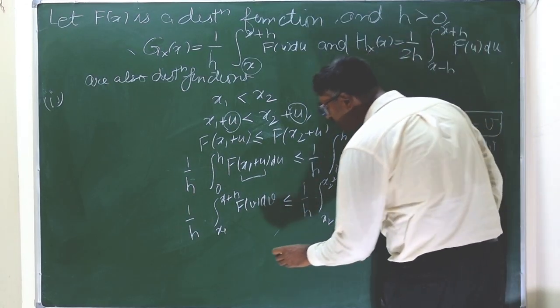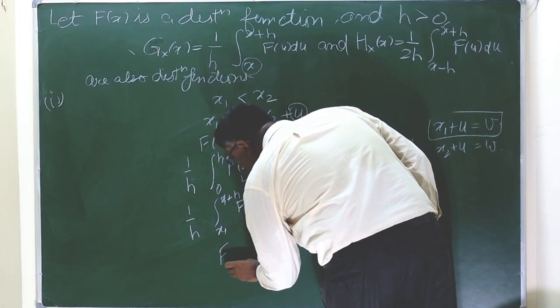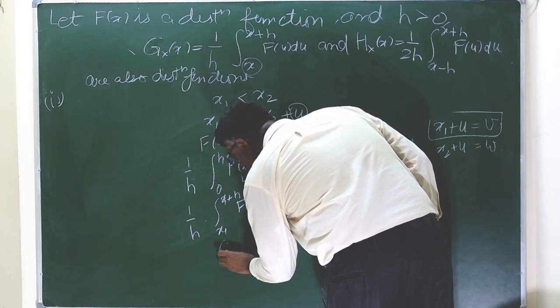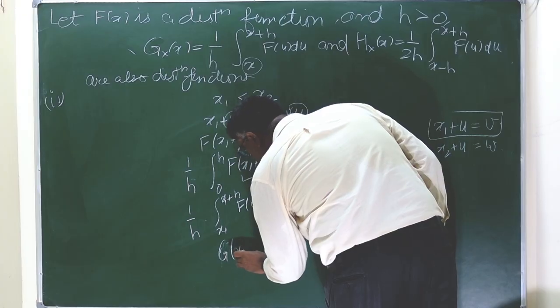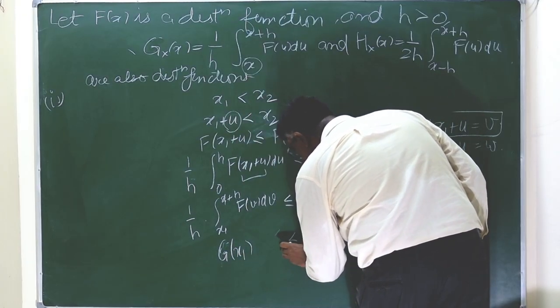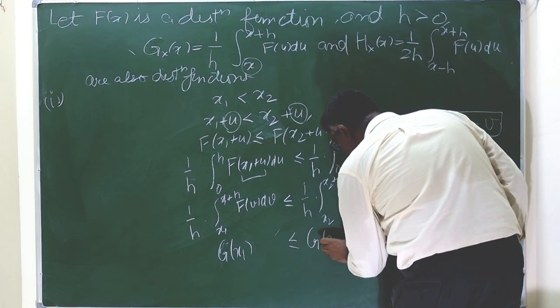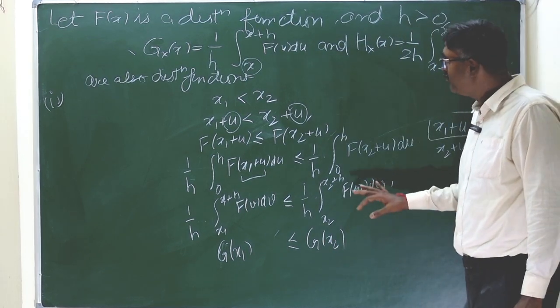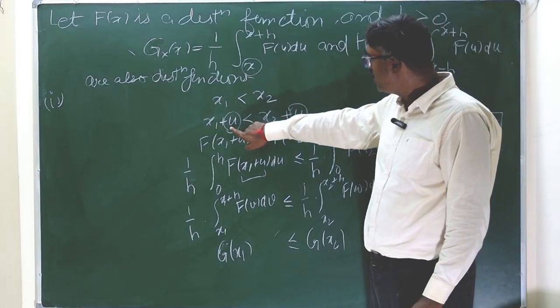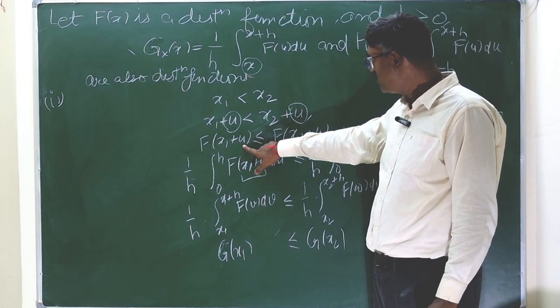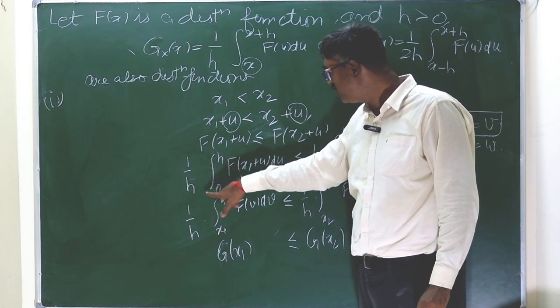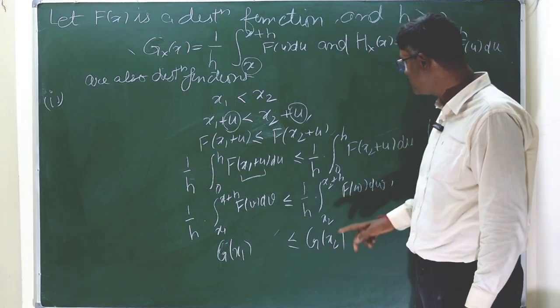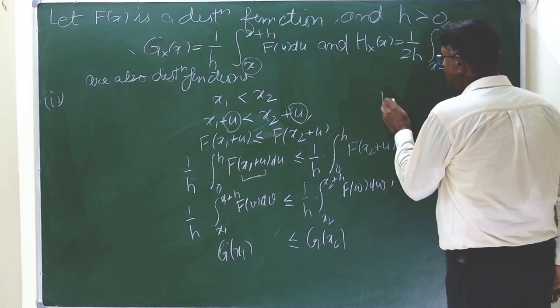So this is g at x1, and this is g at x2. So by adding this constant u and then integrating over the limits 0 to h and dividing by h, since h is greater than 0,